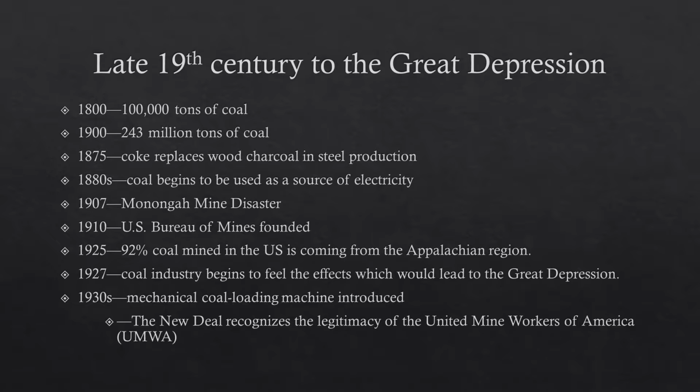During this time period, and this really affects the area today, many speculators in the coal industry were from the North, so much of the profits from the industry left with the coal, which was used in factories outside the area. Because of this, most of the development of the area focused on transporting coal in and out,